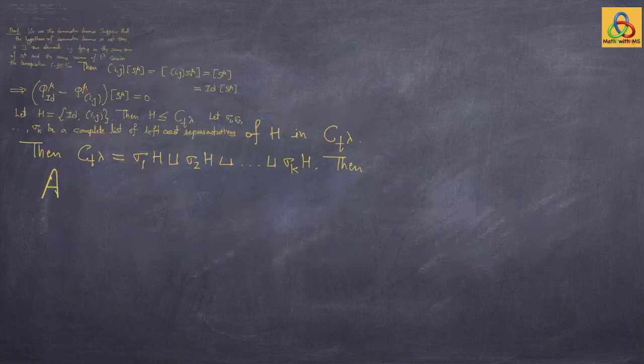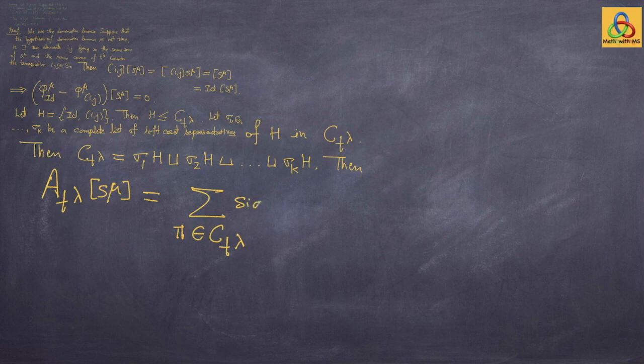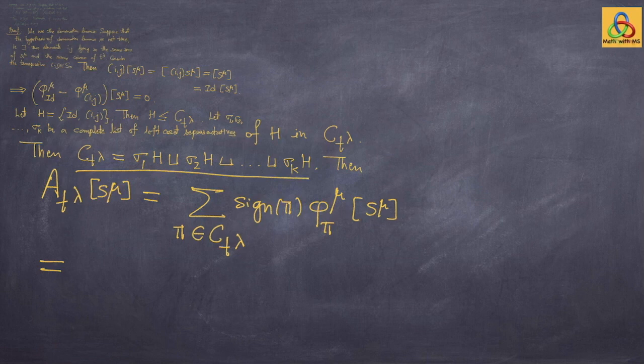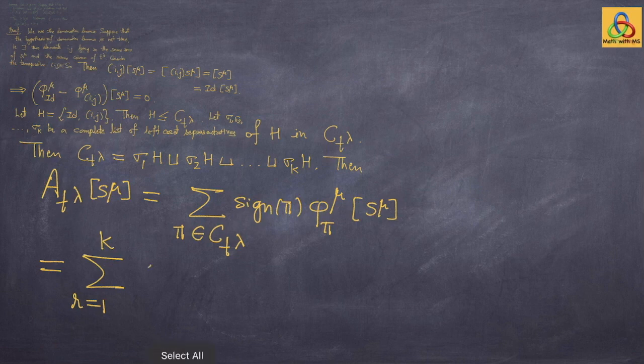Consider this operator A of T lambda acting on the mu tabloid S mu. Write down the definition of the operator A T lambda, which by definition is the summation over the permutation pi belonging to the column stabilizer of the lambda tableau T lambda of sign of pi times phi mu of pi, acting on the mu tabloid S mu. As we are varying pi in Ct lambda, which has this decomposition, it is the same as summation r from 1 to k, with pi running over sigma r H. But H has two elements, so we get sigma r and sigma r composed with the transposition Ij. So this is sign of sigma r into phi mu of sigma r